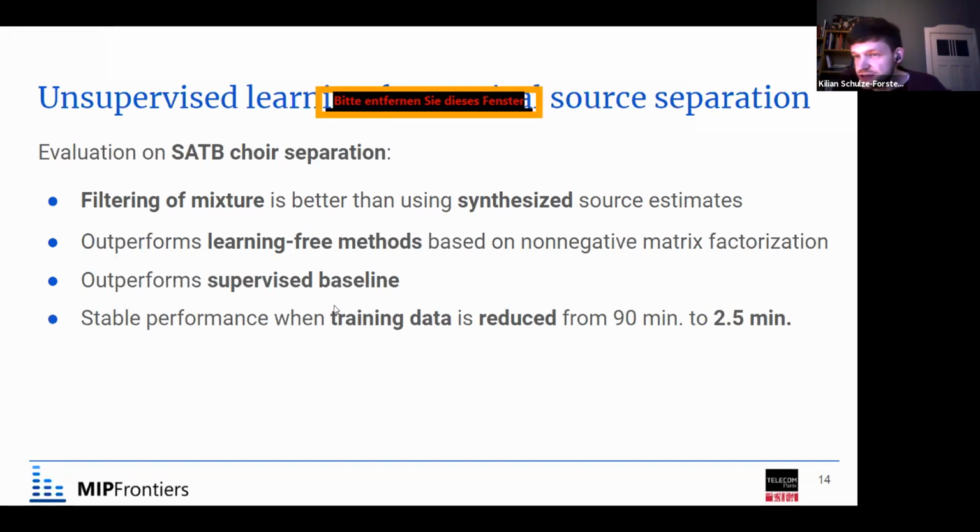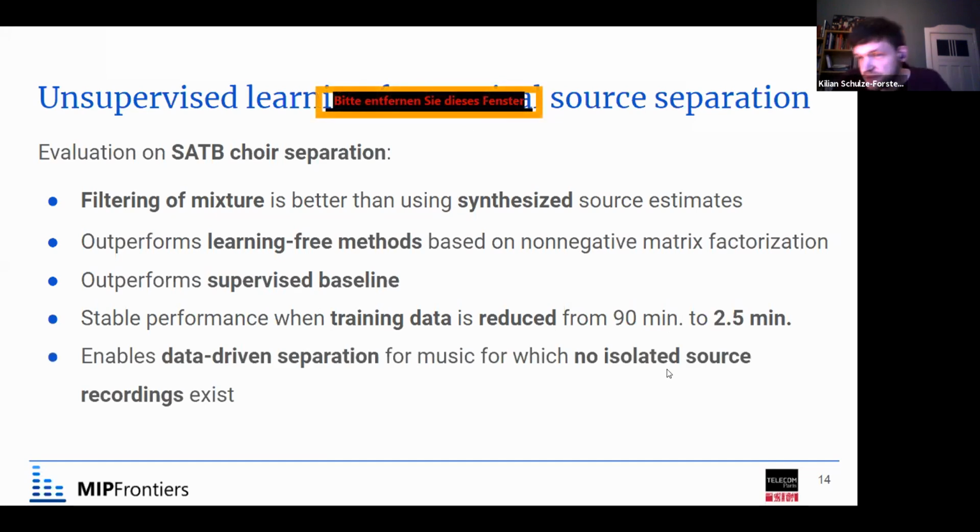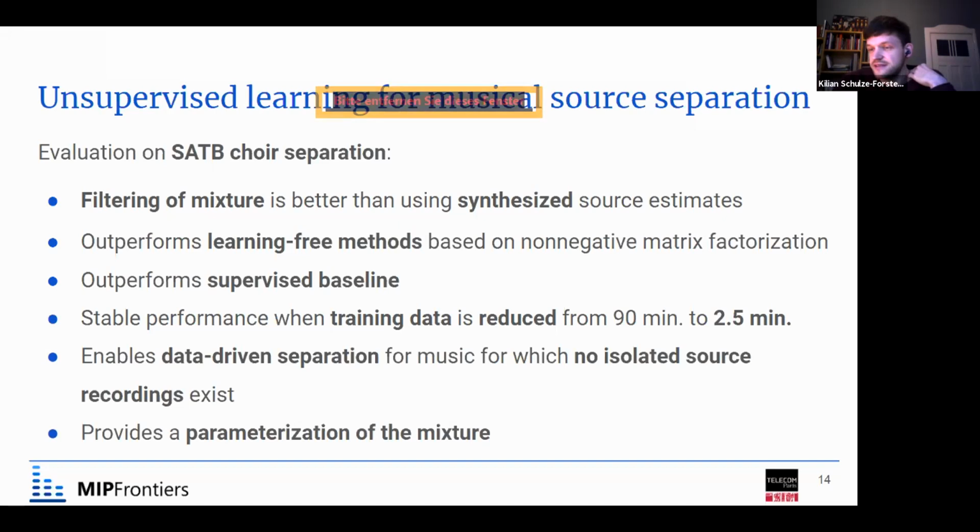And another interesting observation is that we trained our model first on 90 minutes of choir singing recordings. When we reduced this to only 2.5 minutes, our performance did barely degrade. But of course, supervised methods, they do not perform really well when they're trained only on 2.5 minutes of data. So that was another nice observation. And in general, as I said, this project now enables us to use data-driven separation approaches for any music styles where we absolutely have no access to isolated source recordings. And lastly,